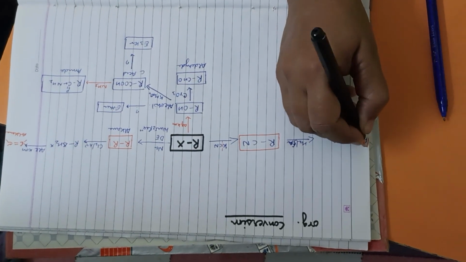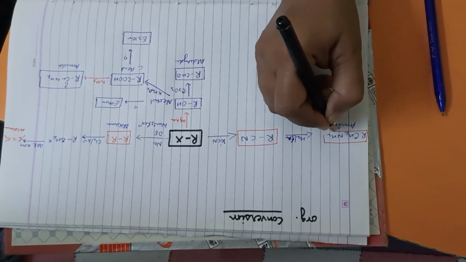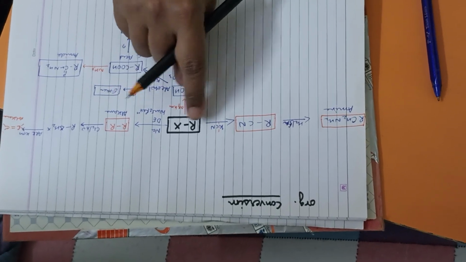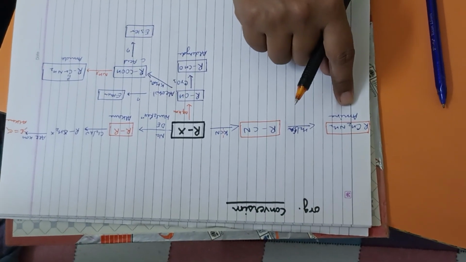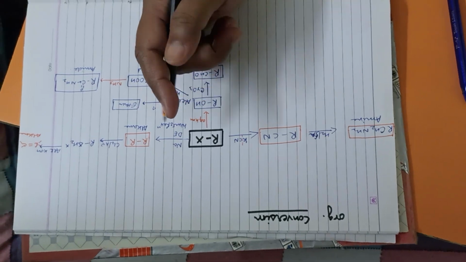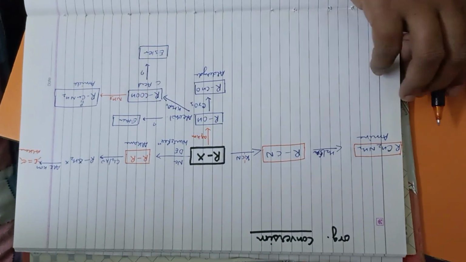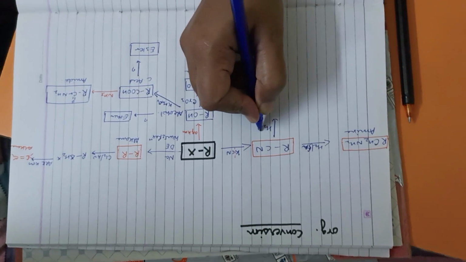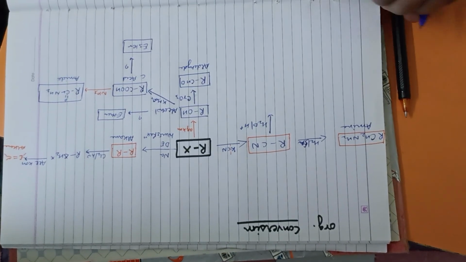Now this is a primary amine. Depending upon the position of the halogen in your alkyl halide, you can also get a secondary amine, and a tertiary amine, fine. Now if the CN is being hydrolyzed, hydrolyzed means reaction with water in the presence of an acid,